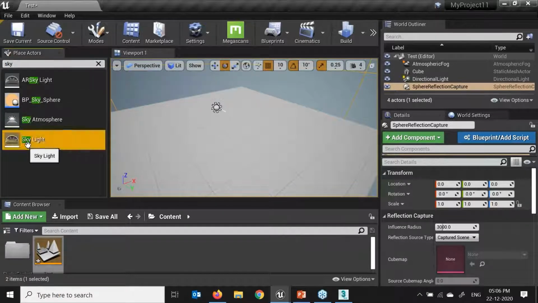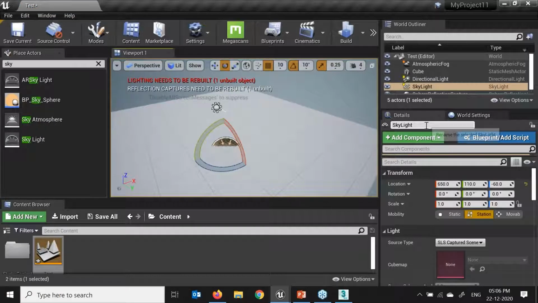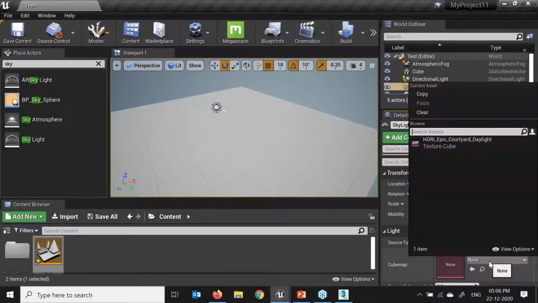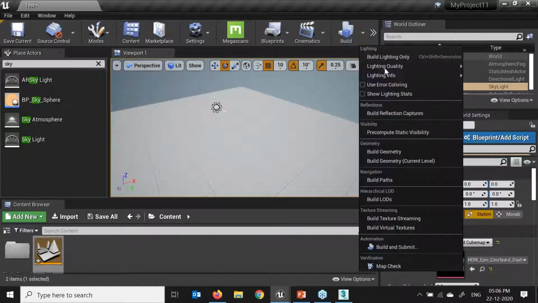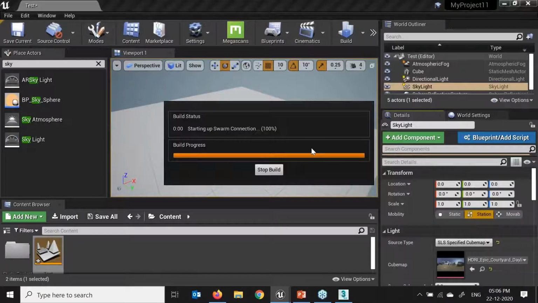Plus we will add the skylight in our scene, if you see. Correct. And I'll just make this 0, 0 and 0 over here. If I want to add HDRI light to my skylight, I just need to set the source to spherical ramp, click over here, HDRI light. Again I need to calculate, again it is showing build lights only.